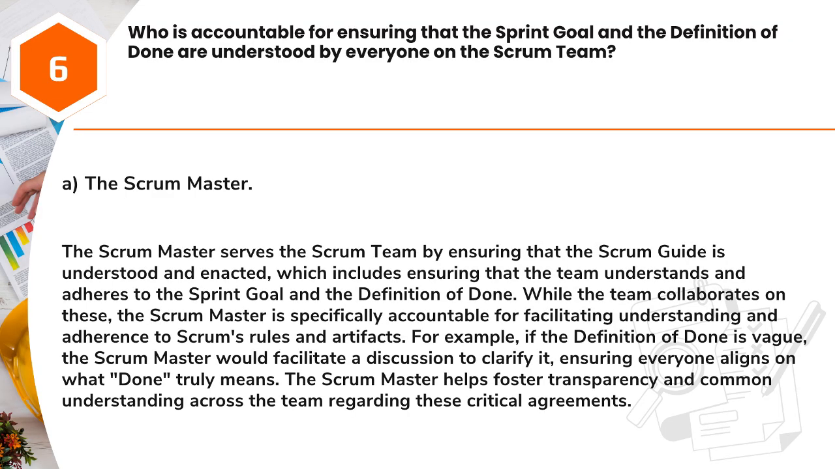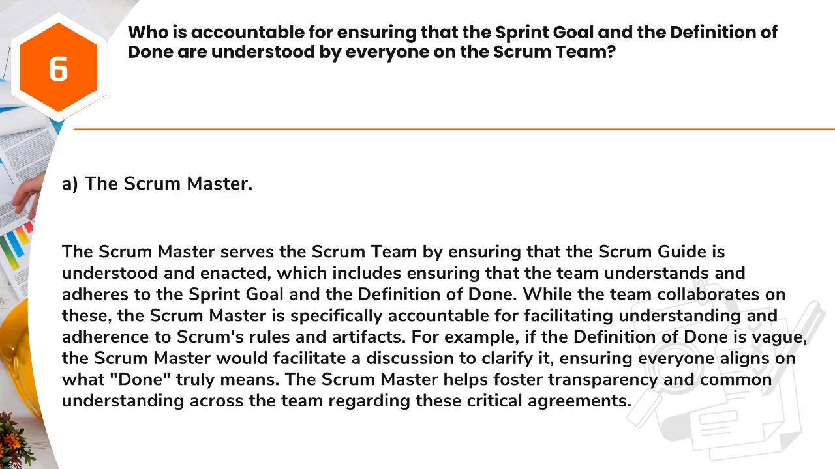Answer: A. The Scrum Master. The Scrum Master serves the Scrum team by ensuring that the Scrum Guide is understood and enacted, which includes ensuring that the team understands and adheres to the sprint goal and the definition of done. While the team collaborates on these, the Scrum Master is specifically accountable for facilitating understanding and adherence to Scrum's rules